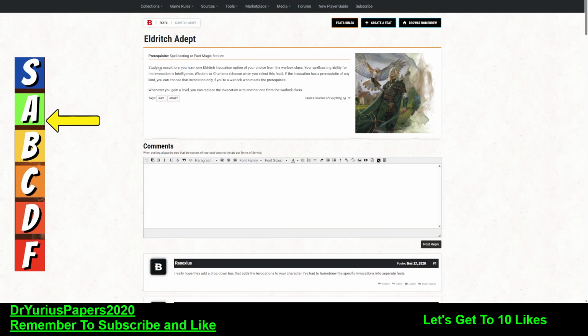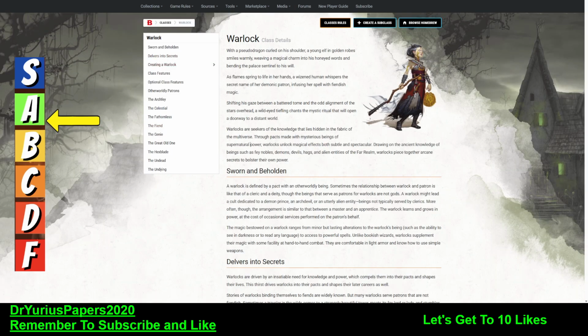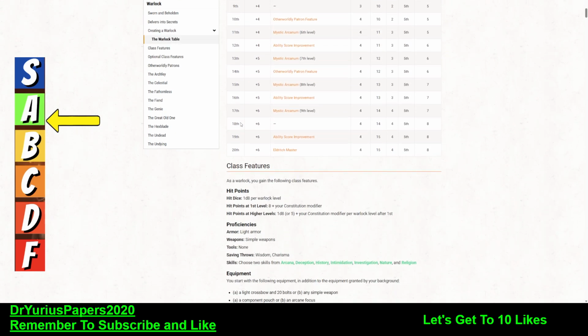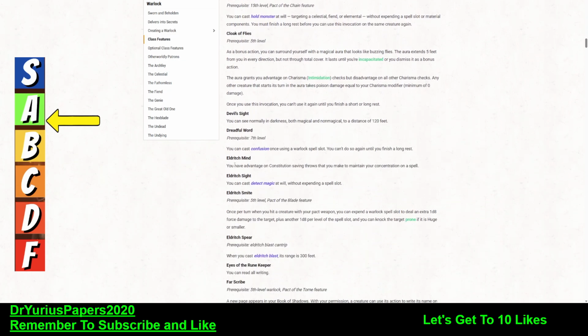Eldritch. There it is. Eldritch Adept, of course. Studying occult lore, you learn one Eldritch invocation of your choice from the Warlock class. Your spellcasting ability is Intelligence. The invocation can't have a prerequisite of any kind; you can choose that invocation only if you're a warlock who meets the prerequisite. Okay, so you have to be a spellcaster. So a sorcerer could take Eldritch Adept,